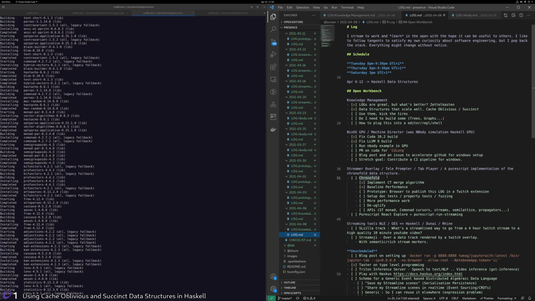And then I'll probably also want this data structure to be both queryable and updatable or appendable from a Dunai Rhine setup,